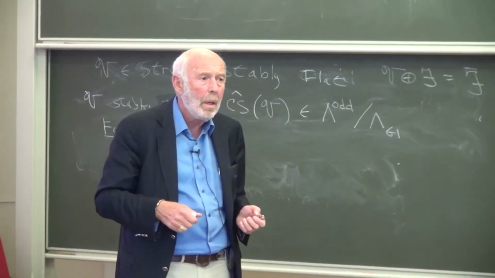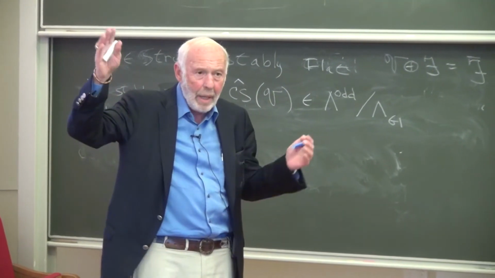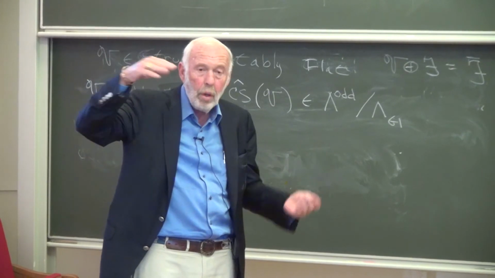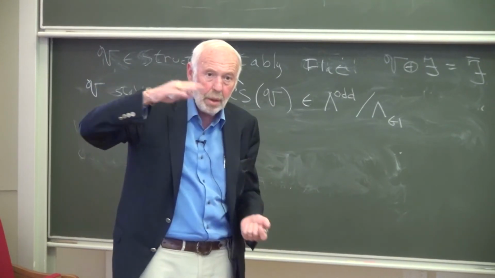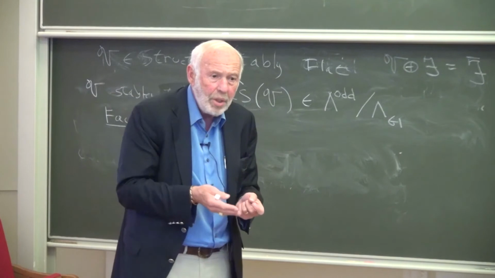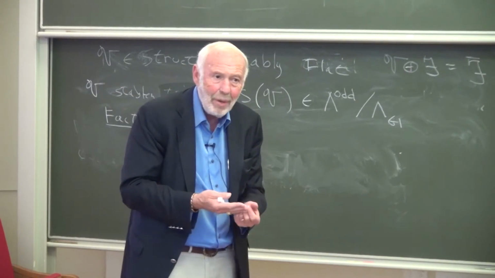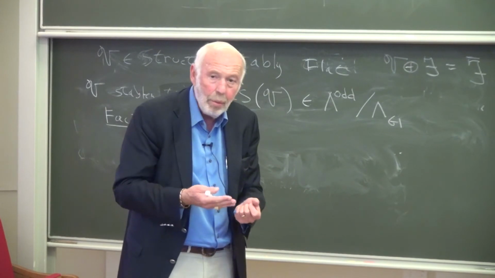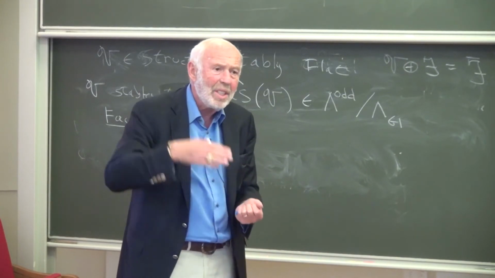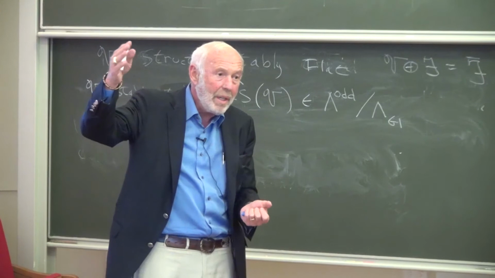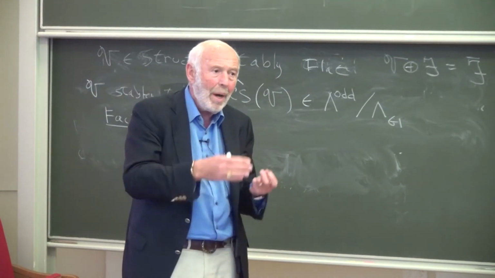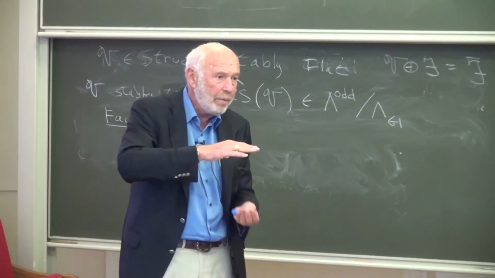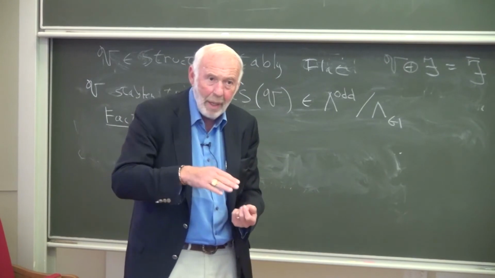And now, any other connection will give me a CS difference. But now I say, oh, well, suppose I picked a different trivialization and a trivial connection with respect to that. Then the CS term would be different, but it would only differ by the difference of those two flat things. Right. And therefore,